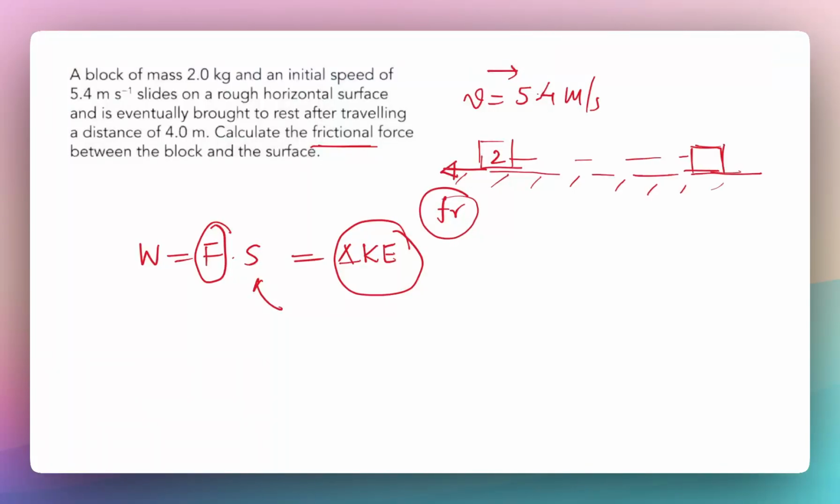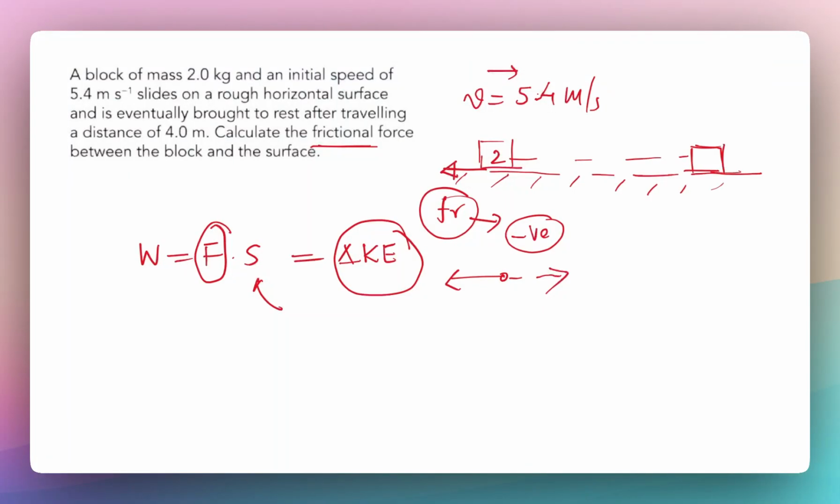So it is moving with a velocity of 5.4 meters per second, and then it is going to stop, and we have to find how much work the friction force has done. Clearly the friction force is always acting in the opposite direction of the block, which means the work done by the friction force is going to be negative. Why? Because the friction is acting in this direction and my displacement is in this direction, directly opposite. So cos 180 degrees is going to be negative 1, and the friction force does a negative